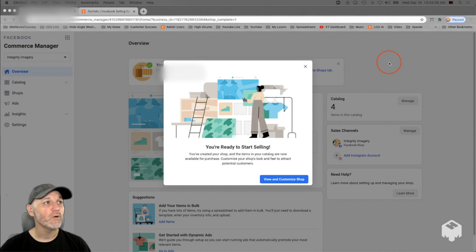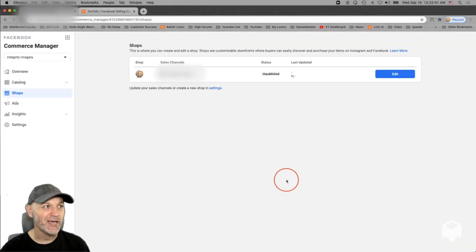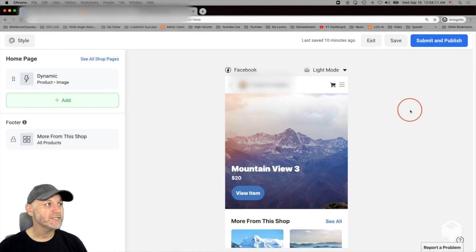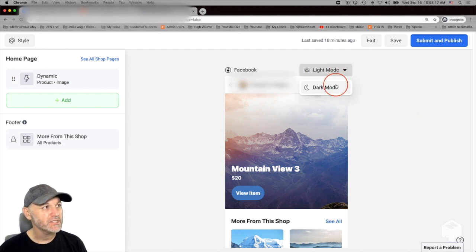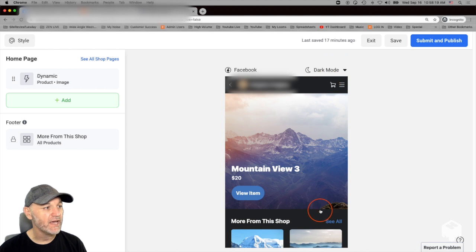Okay, so now we need to view and customize our shop. So we're going to click on view and customize shop. And then we're going to click on edit. Now this page is where you can kind of preview what your shop's going to look like. Right now I'm viewing it in light mode. Make sure that you switch it to both light mode and dark mode to look at how the fonts and